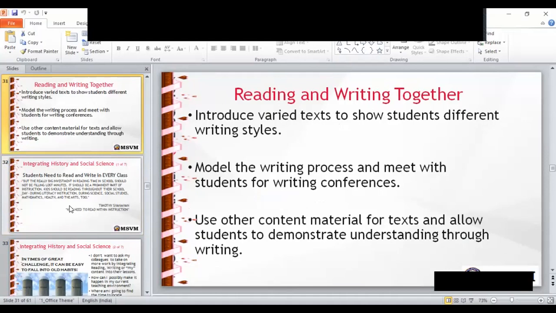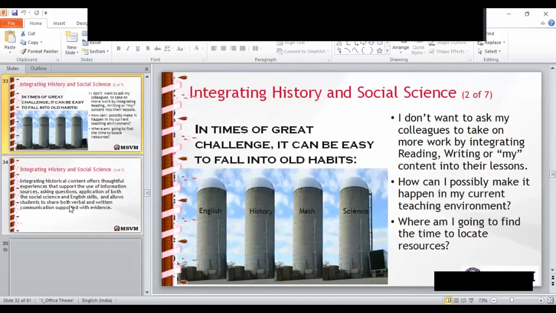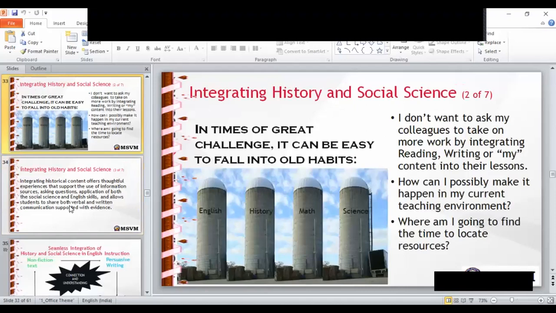Use other content materials for the text and allow students to demonstrate understanding through writing, and integrate history and social science. In times of great challenges, it can be easy to fall into old habits.